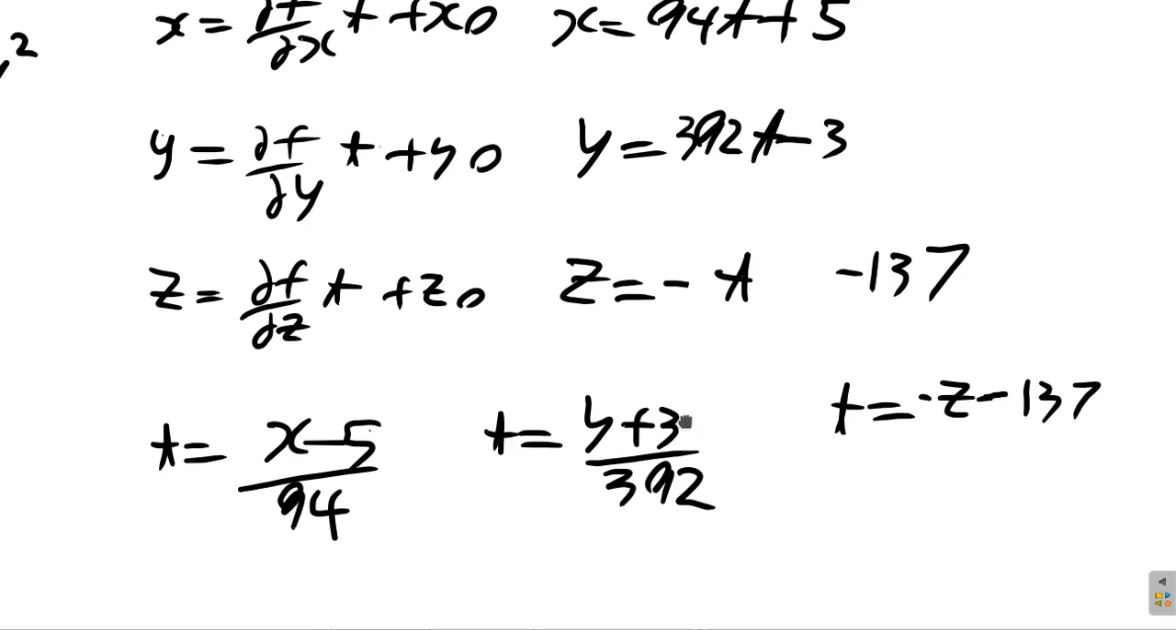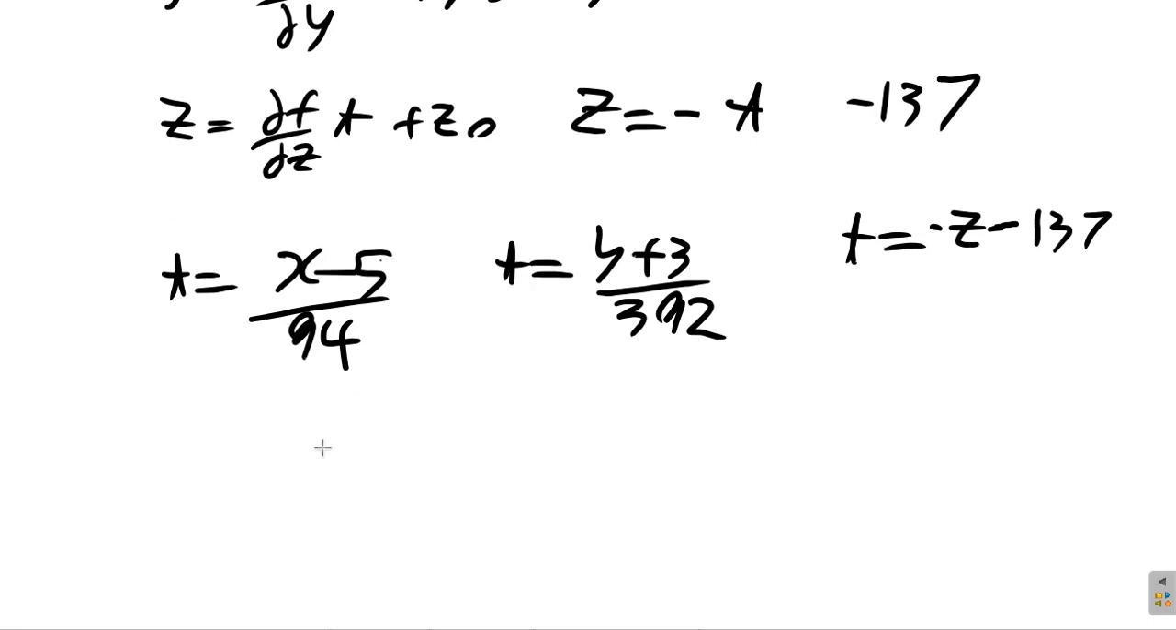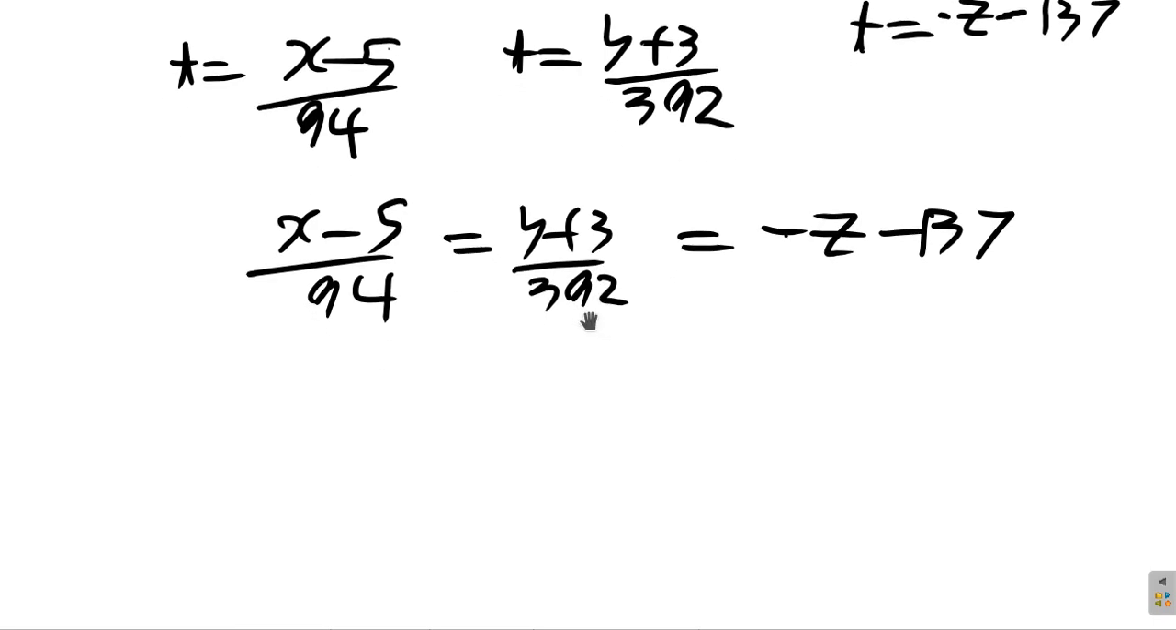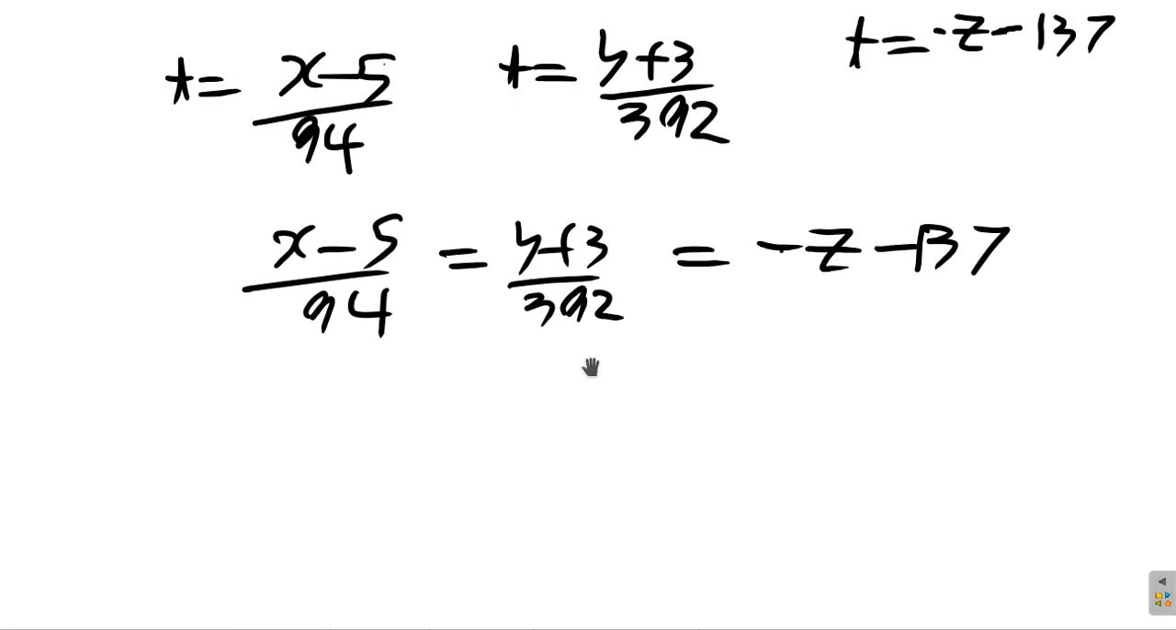So t is equal to t is equal to t. So we could say x minus 5 over 94 is equal to y plus 3 over 392 is equal to negative z minus 137. Alright? So this is what we have. And if you wanted to, you could even multiply